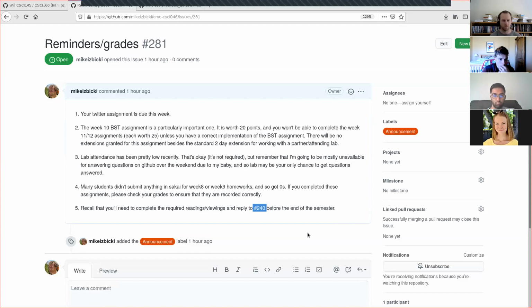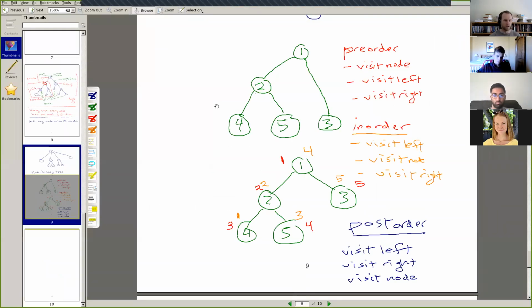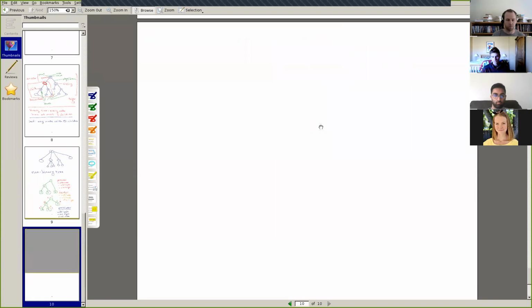Okay, then we will talk about binary search trees now. So let's come over to our images that we were working with before. Here is everything that we talked about last time. We were talking about binary trees and not necessarily binary search trees. A binary search tree is a special type of binary tree that satisfies an additional property that we call the binary search tree property, or the BST property. BST standing for binary search tree.